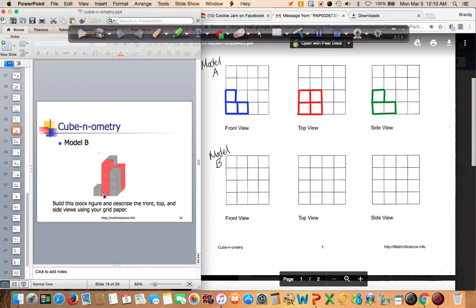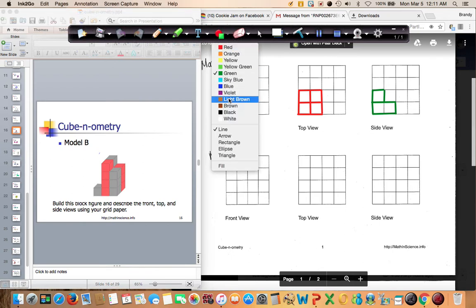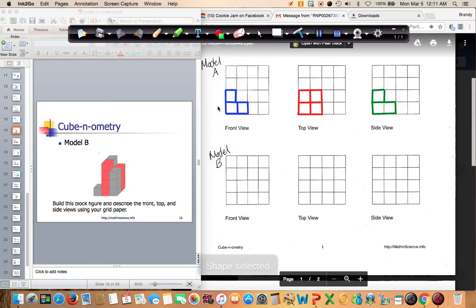Okay, so if I'm looking at this from the front, let's go back to our front view, and this is going to be the second one. Now I want you to make sure you build these before you try and draw them, because when they start getting a little bit more challenging, you're going to need to be able to move the shape around to see the sides. So for our front view, we're going to have,